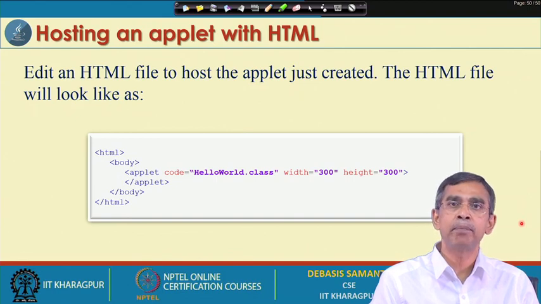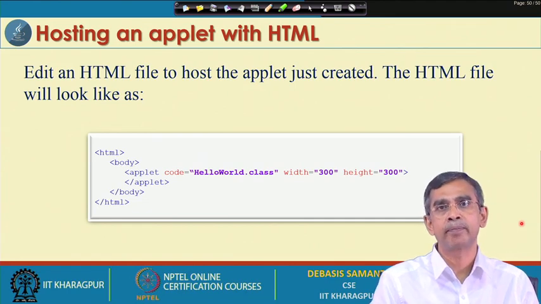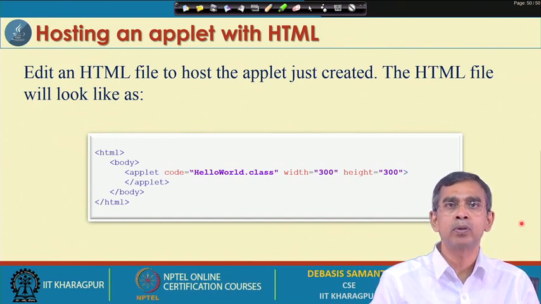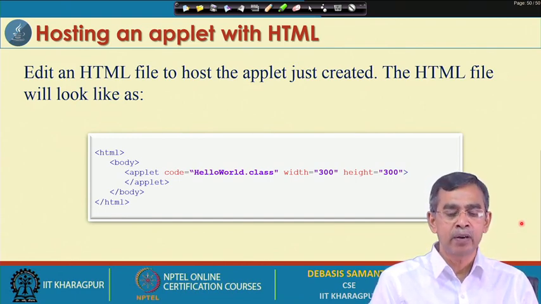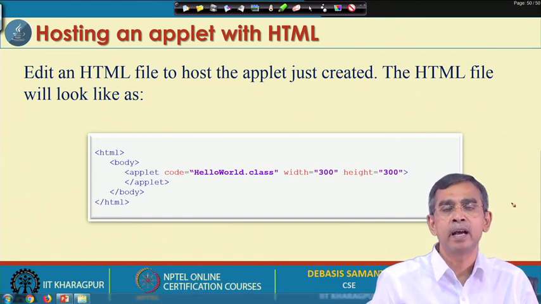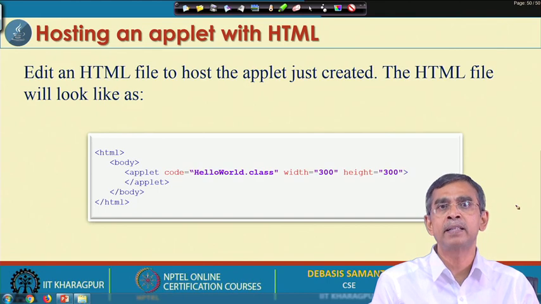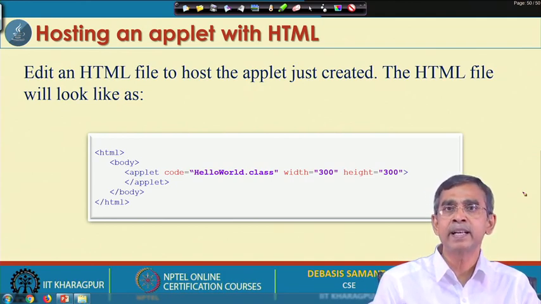Instead of java we should use appletviewer, but appletviewer can run only an HTML file. This means that the class file that you have created should be stored in an HTML file. Now, here is a typical look of an HTML file. I do not know whether you know about HTML files and HTML tags, but if you do not know, it is absolutely okay, not a matter of concern. You will learn it shortly once you learn many other applets and run them. There is a basic syntax, a basic structure that you should follow in order to embed your class file into an HTML file.